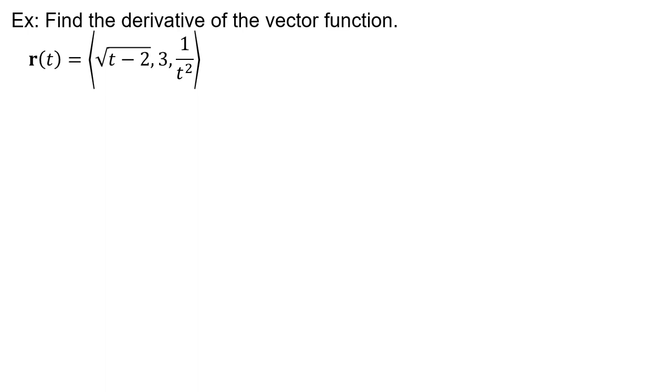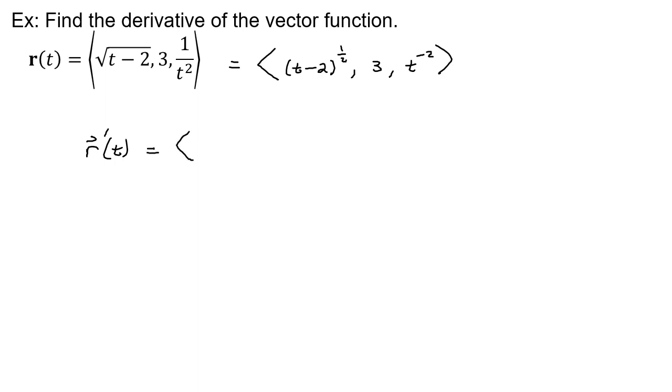Okay, so most of the problems that you're going to see are just things like find the derivative of the vector value function. To do that, you just take the derivative of each piece. Sometimes you do have to rewrite some things. Like for instance here, I would rewrite this as t minus 2 to the 1/2 to do the power rule, and I would write this as t to the negative 2 to do the power rule as well. That way my derivative